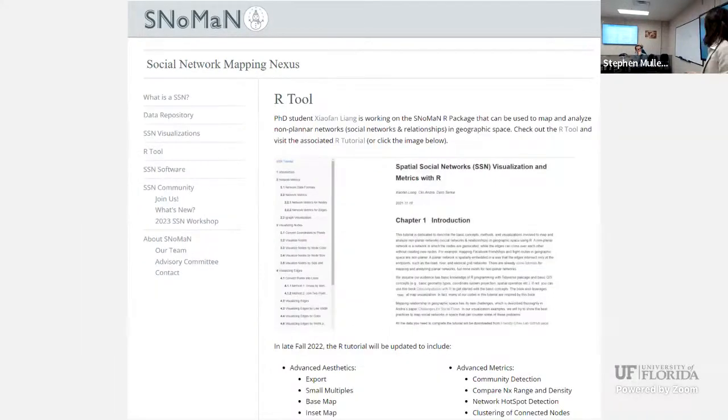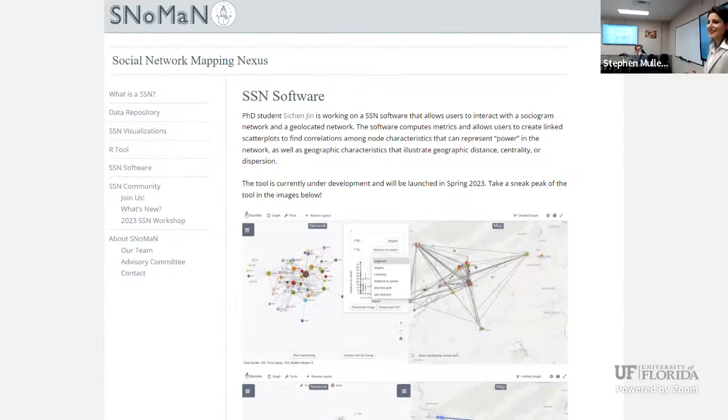We have an R tool that we're making. It's already up here on our website. And it's mostly based on visualization right now. So if you want to visualize spatial social networks, that's how to do that, and at the end is where we're adding our new descriptive metrics. We also have very exciting software, the Snowman software, that we are building every day with